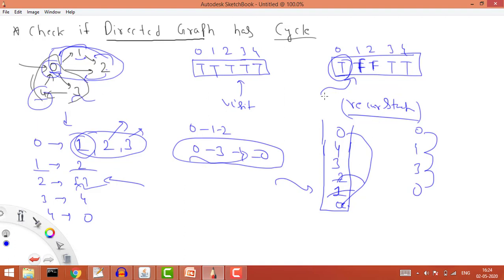So we have done the 3 examples. I hope you have got the point of what we are doing: we are doing a simple DFS, and in DFS we take the visited array and we are also taking the recursive stack, right? The point is that DFS also happens in a recursive manner, but we need to maintain whether this value has already appeared in the recursive stack or not. So for that we are taking the array, right? In the code, when I explain it, you won't see this stack. This is just a representation.